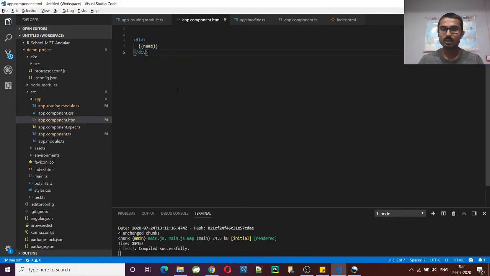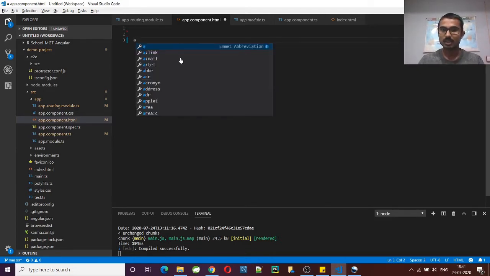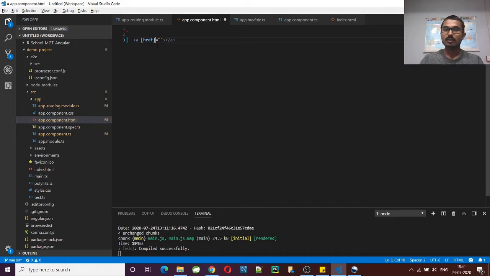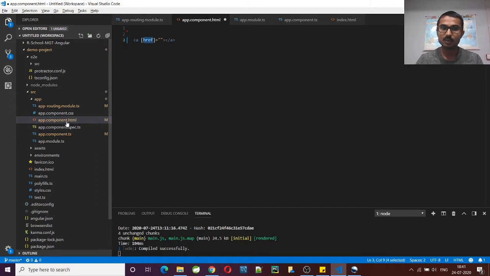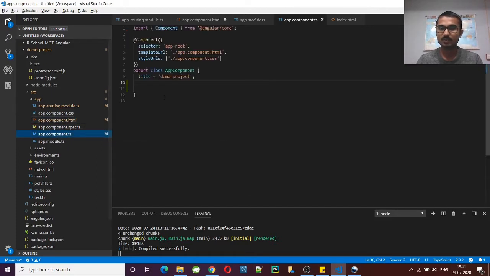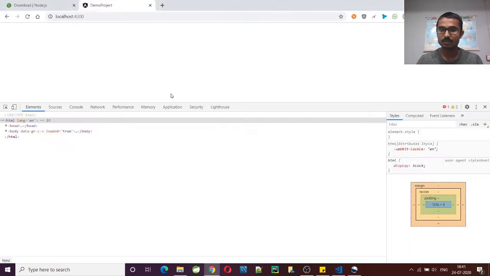For example, suppose here I'm creating one anchor tag that will refer to a link, and in href the property binding syntax is square brackets, and in that, whatever property we want to bind to this href, that property will be specified from the component. For example, in href I'm trying to give the URL of flipkart.com.